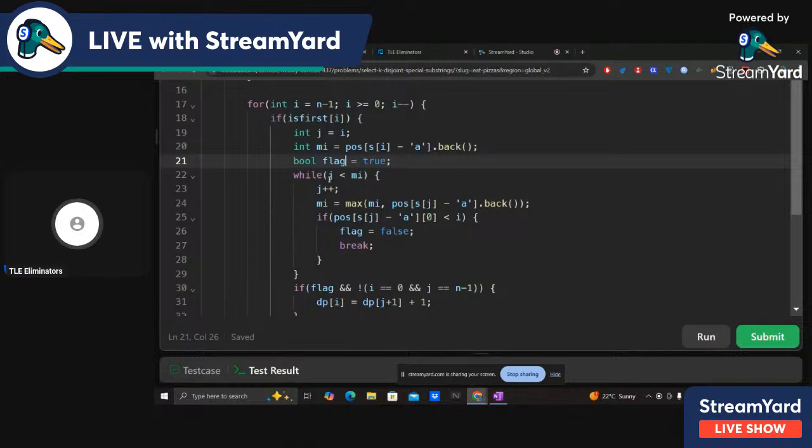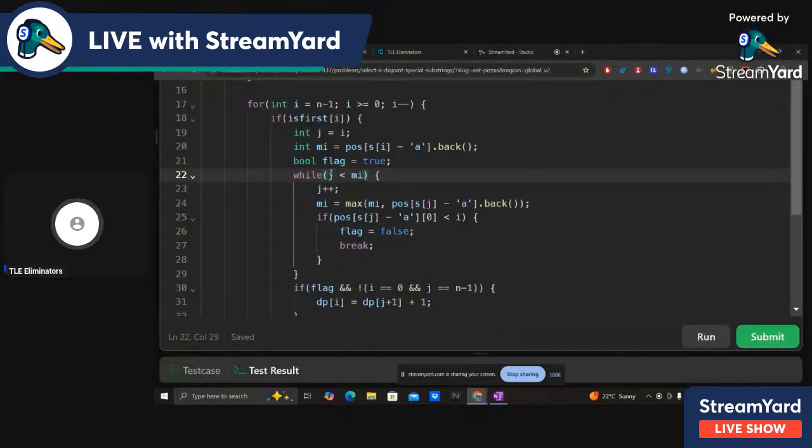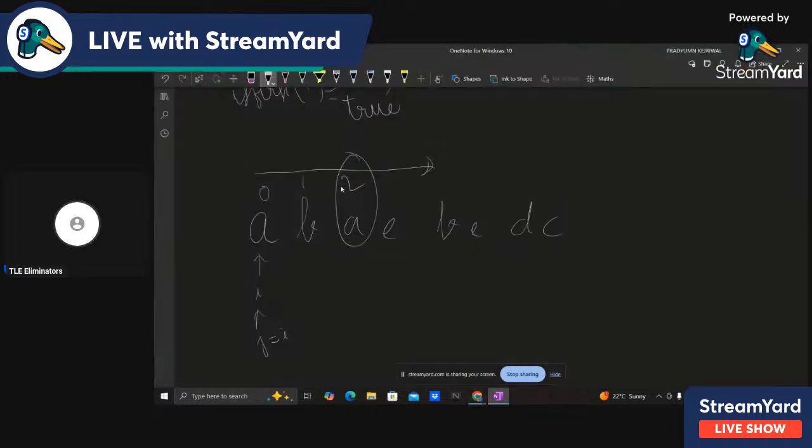So while j is less than mi, so while we are not at the minimum index that we have to go. So we are at 0, right? And we have to go till 2. So since j is less than 2, we have to keep updating. We have to keep moving forward. So while j is less than mi, we'll do j plus plus. Okay. So we go to this 1. Like now j is at this point. Okay, so now j is here,